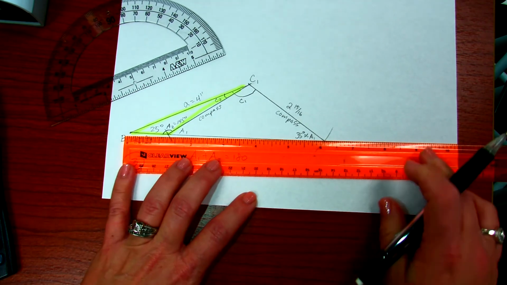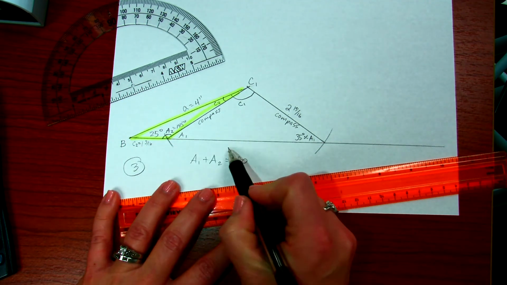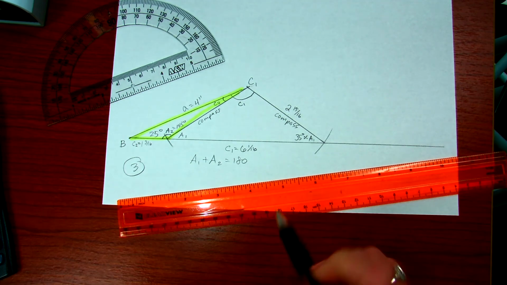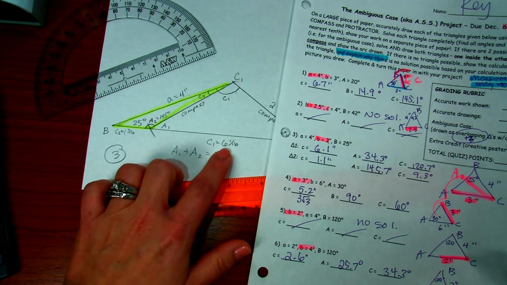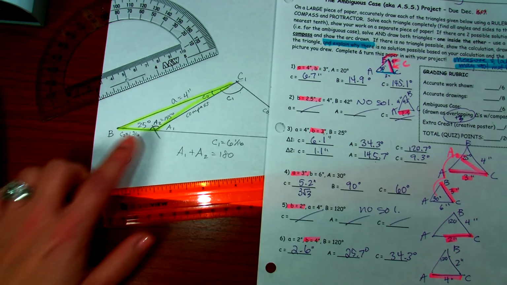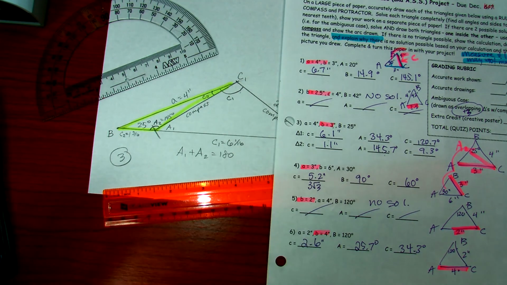So C1, side C1 is 6 and 1/16. And then I'll let you measure those two. But again, this 6 and 1/16 is maybe a little less than 6.1. 1 and 3/16 might be a little bit more than 1.1. But again, that's all just error